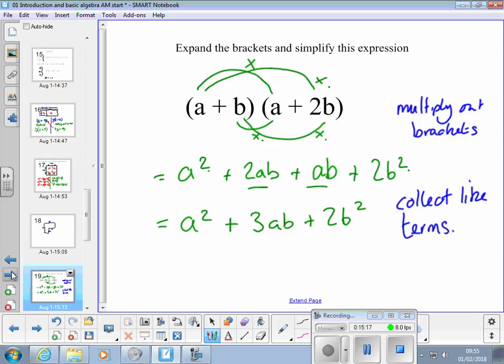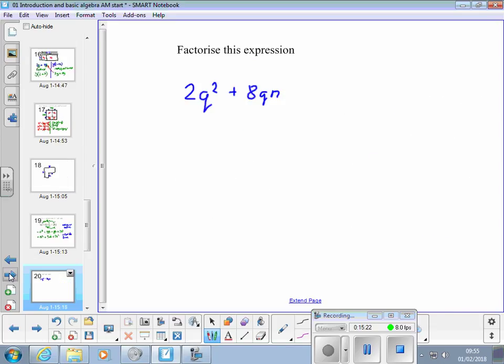Everyone happy with that? Yeah? What about factorizing that one? Q is in both terms, so we can put Q outside some brackets. And then what do we have to do to Q to get it to 2Q squared? We have to multiply it by 2Q. And what do we have to do to Q to get it to 8QN